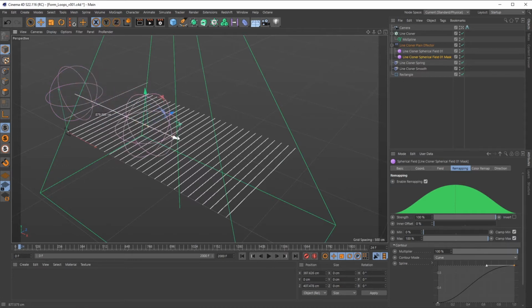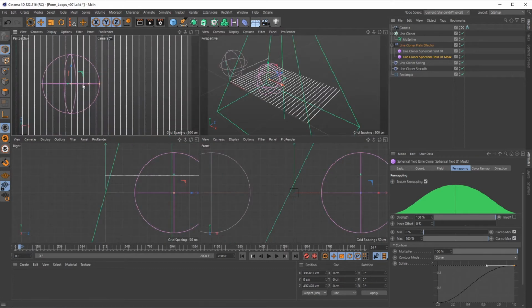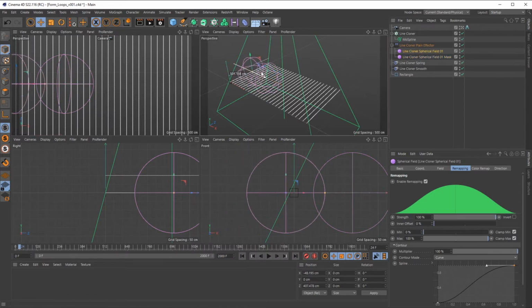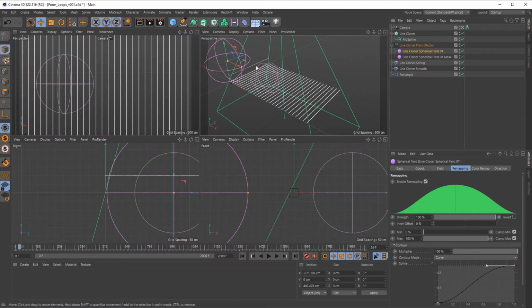What we're going to do is we're going to take this spherical field mask and we're going to pull it in, and I'm going to press the middle mouse button so I can see my four views, and we're going to limit it to one of these areas. I'm going to say around here. Now, the other field is about the same size, so it might result in a little bit of weirdness. So what I'm going to do is just expand it so that the size is about the size of the composition. I'm going to pull this back all the way,